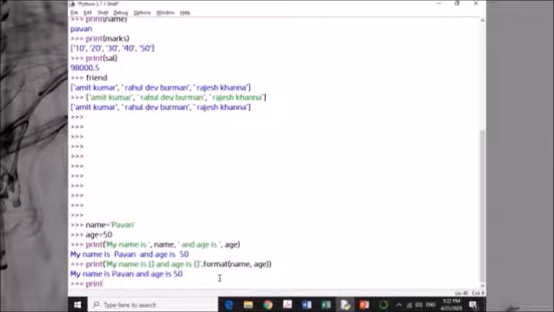If I write the same thing like this: print my name is, say, NM, comma, sorry, and age is AG, dot format, NM is equal to name, AG is equal to age.